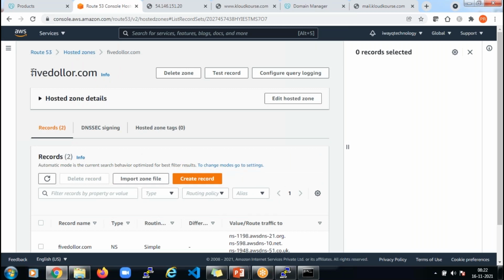So this hosted zone will cost you $0.5 per month, right? So that is the charging for a hosted zone. It's very minimal, but again, it's up to you if you want to bear that. But this $0.5 per month is the charge for managing this hosted zone on the AWS side,